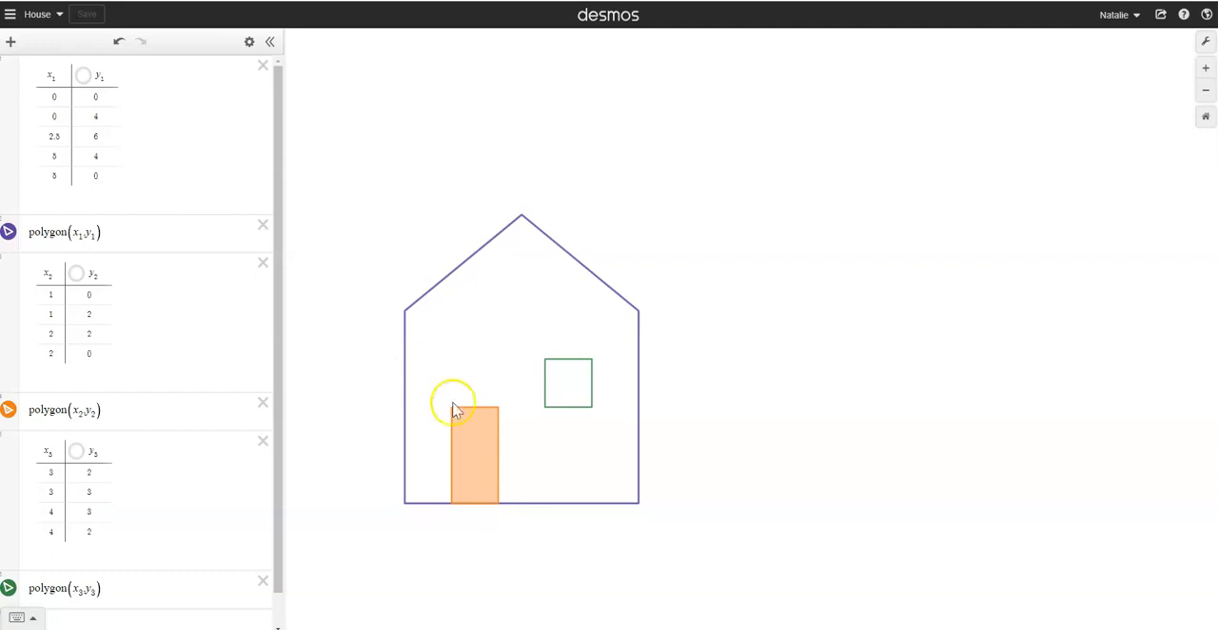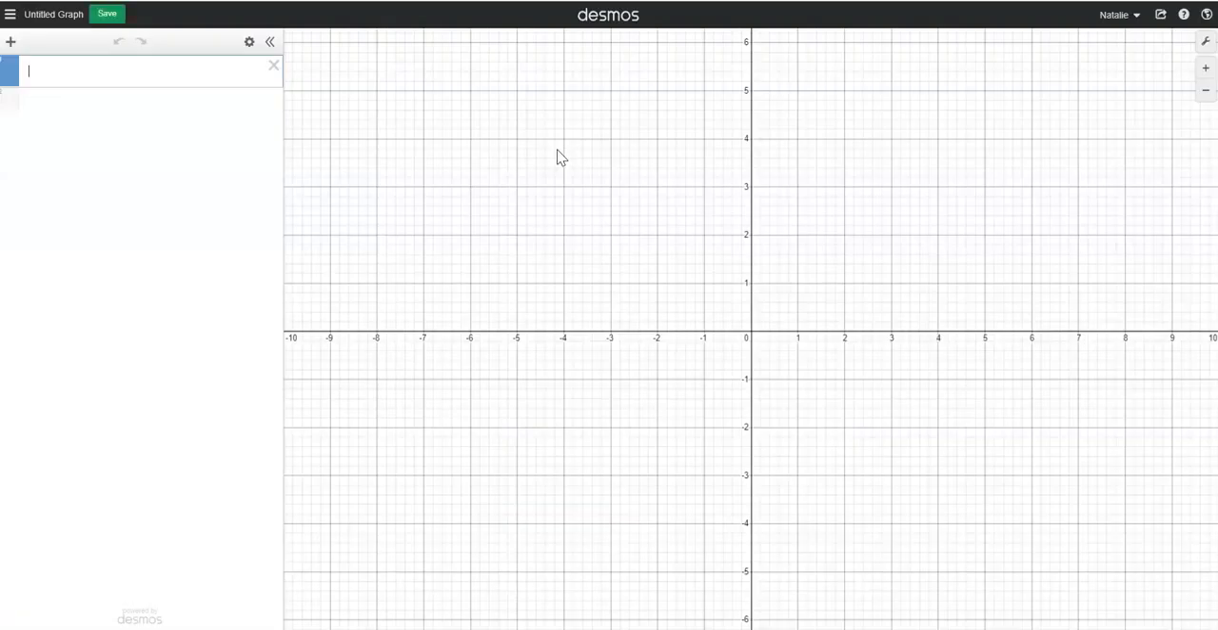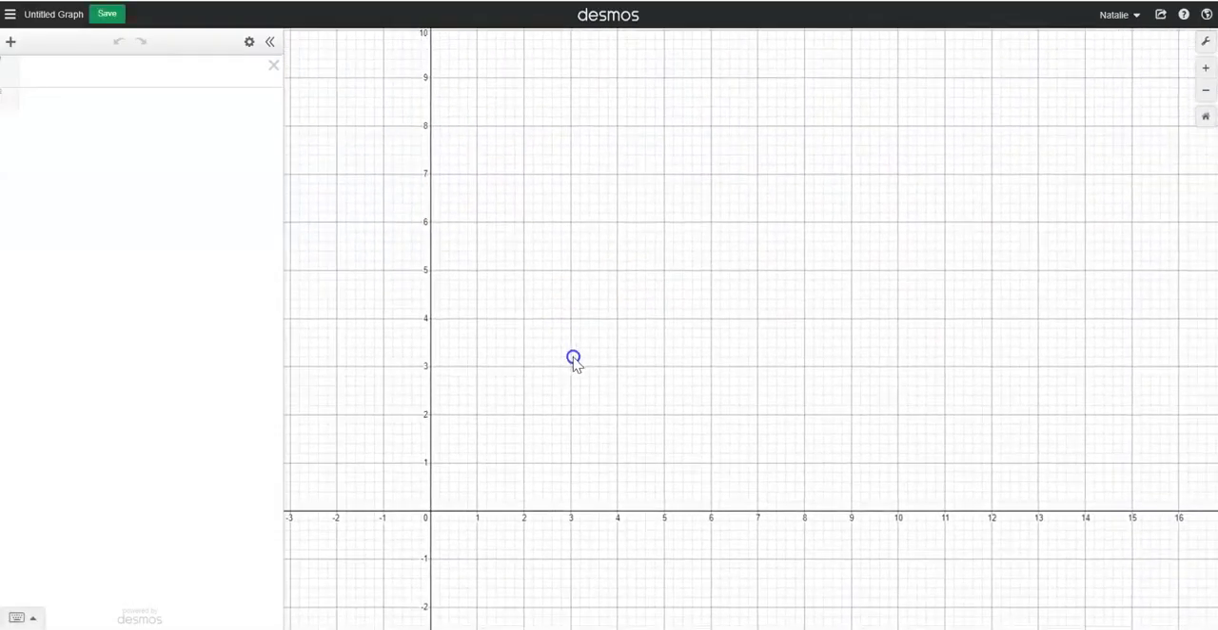In this video, I'm going to show you how to create some really simple shapes in Desmos using the Polygon tool, where the polygons have been defined in tables. So we're going to start at desmos.com and click Graphing Calculator. And I'm going to click and drag my screen because I'd like to draw my little house in